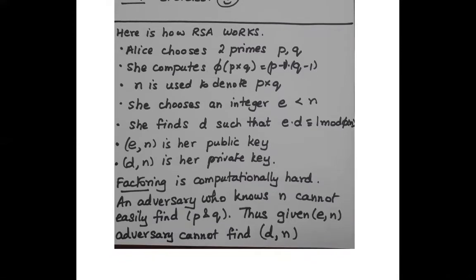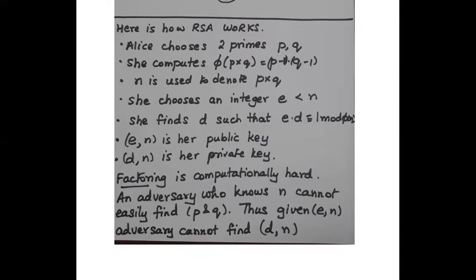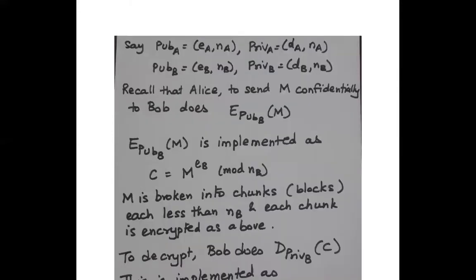Okay, so that's the public key, private key. Now let's look at how encryption works. So let us say that Alice has got her public key pair, which is EANA. She's got a private key pair DANA, and likewise Bob has a public key pair EBNB, and he has a private key pair DBNB. So just recall that if Alice wants to send a message M confidentially to Bob, Alice